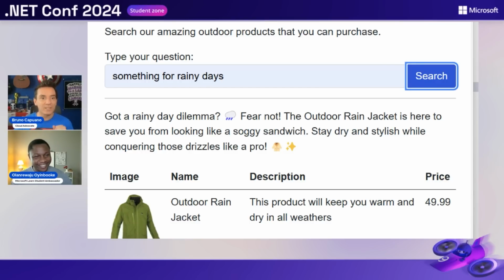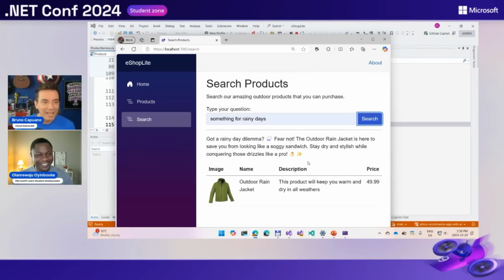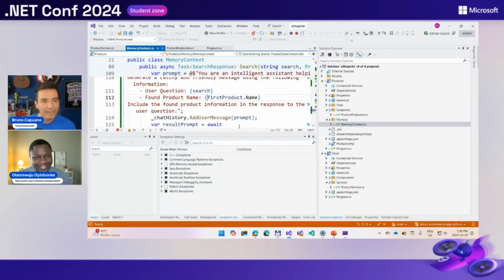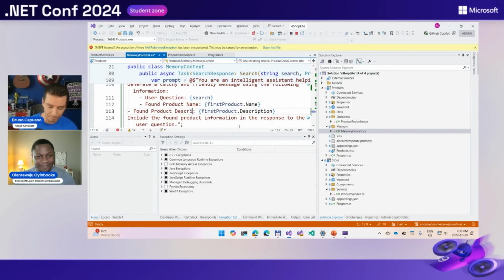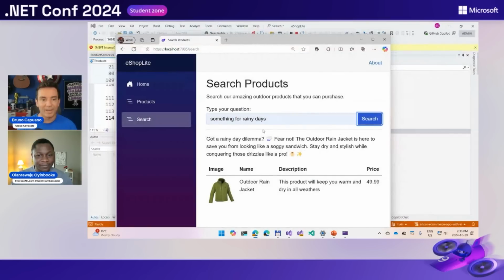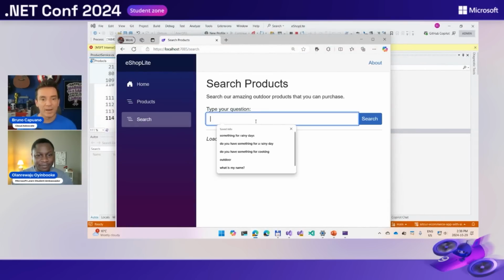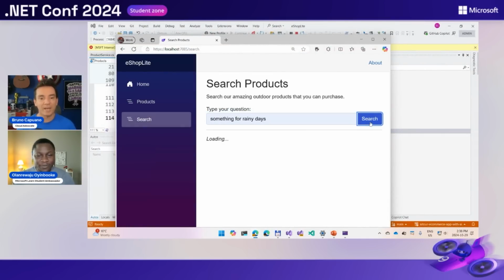Yes. And we can improve the companion. I can go here and say, you know what? Include also the product description in the responses, and also improve the product information and description in the response to the user question. Let's see if my hot reload is working. It hasn't been working well lately. So let's go here, and if I search for something for rainy days,